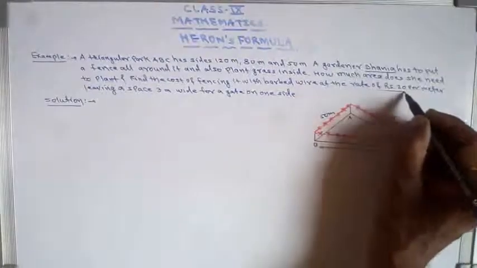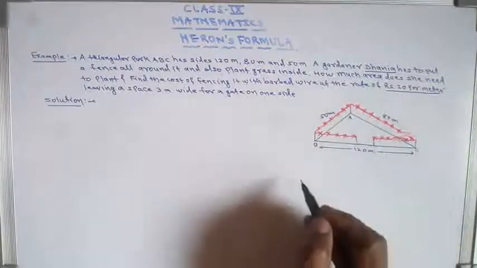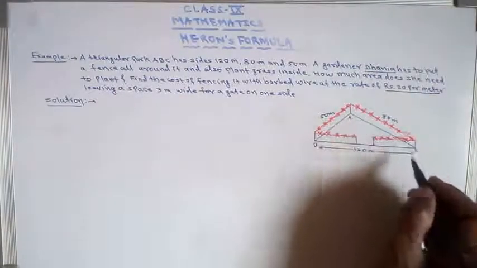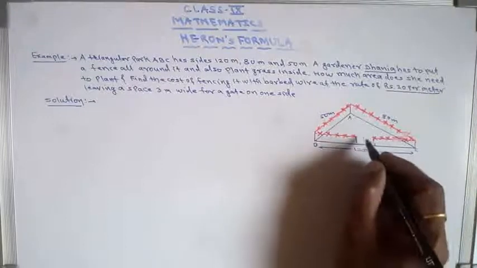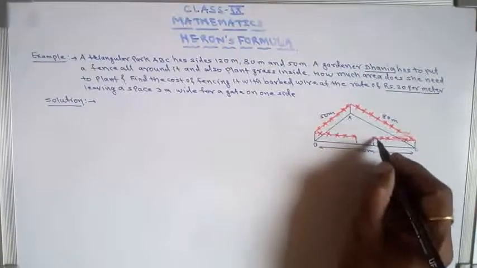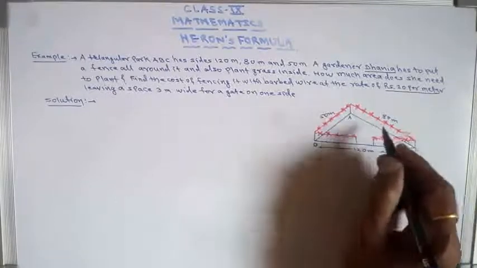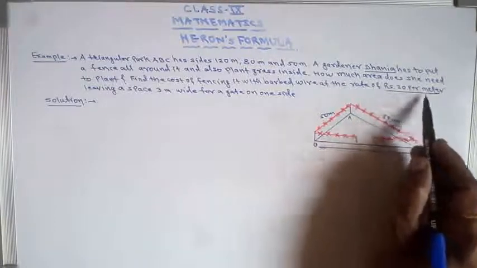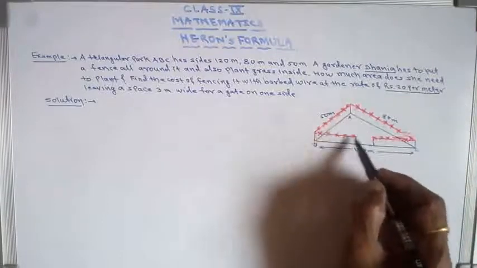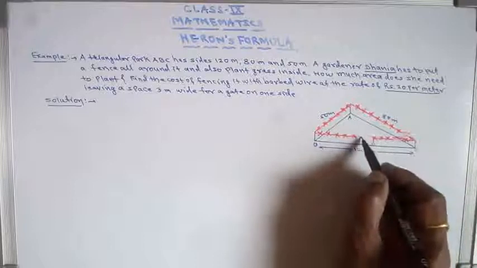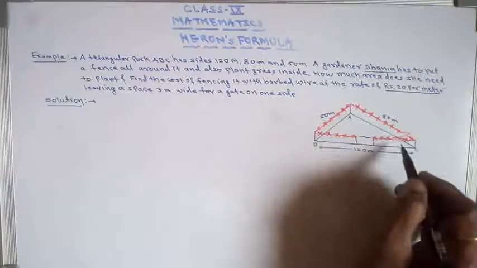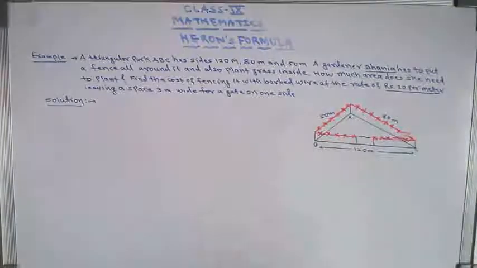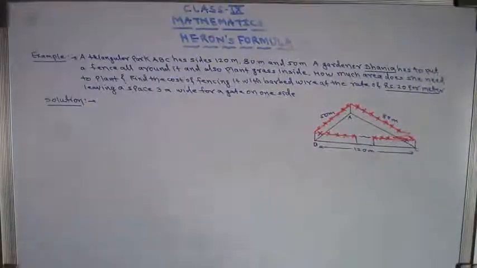20 rupees per meter, 1 मीटर बार्ब्ड वायर 20 रुपये का है। Leaving space of 3 meter wide for gate on one side, उस ट्रायंगुलर पार्क के एक साइड की तरफ उसको 3 मीटर का गैप छोड़ना है, 3 मीटर छोड़ के बाकी जगहों पर उसको फेंसिंग करना है, बार्ब्ड वायर लगाना है। तो बार्ब्ड वायर की कीमत 20 रुपये पर मीटर है। तो अभी हम क्या करते हैं, इसका पूरा पेरीमीटर निकाल लेते हैं ट्रायंगल का, उसमें से ये 3 मीटर माइनस करते हैं तो कितना बार्ब्ड वायर लगेगा। तो 1 मीटर बार्ब्ड वायर 20 रुपये का, तो उसको बार्ब्ड वायर का खर्चा कितना आएगा।